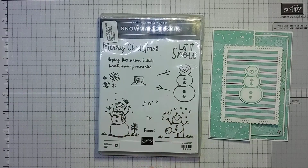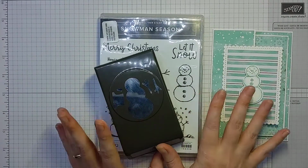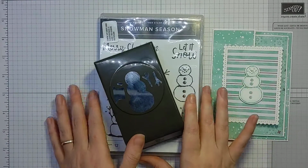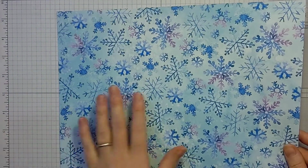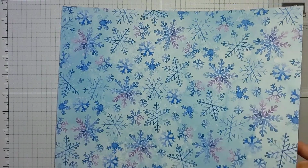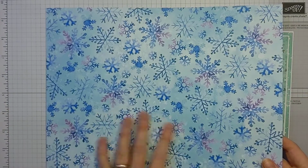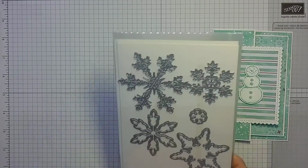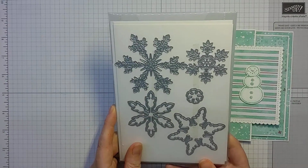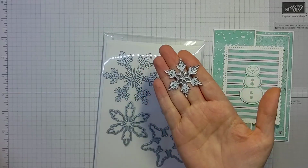We've got Snowman Season and the coordinating Snowman Builder Punch to do some stamping and a little bit of decorating. We're also going to use some of the Snowflake Splendor designer series paper. We're going to use both sides and work together on that. I've also got the So Many Snowflakes dies, and I've already done some die cutting to save some time. So I've used the two